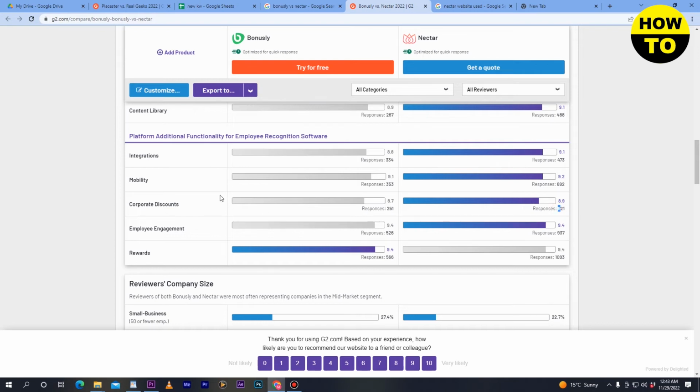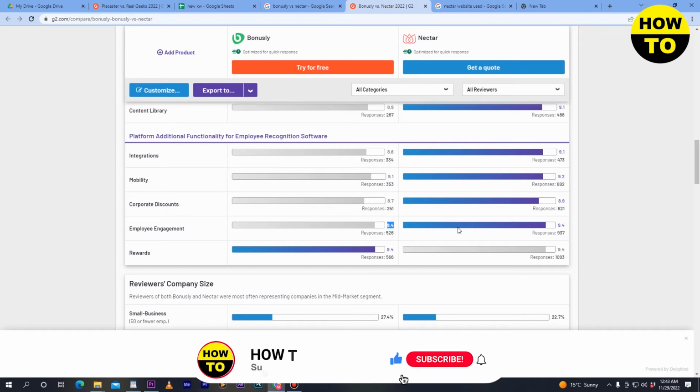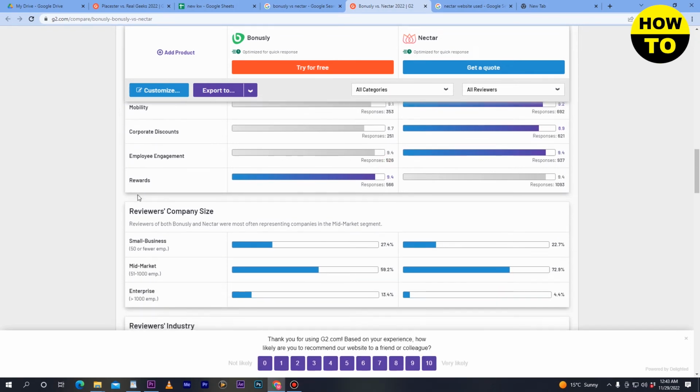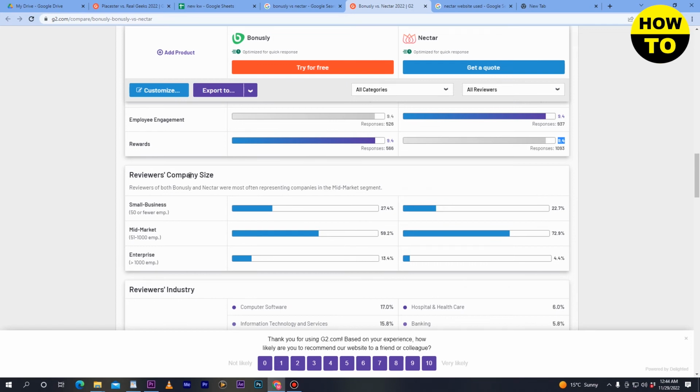Now employee engagement. Here you can check the ratings 9.4 and also the same rating here, 9.4. Now here you can check the response 528 and 937. After that, finally, you can check the rewards, 9.4 and 9.4, the same. Now reviewers' company size. Finally, here you can check for small business